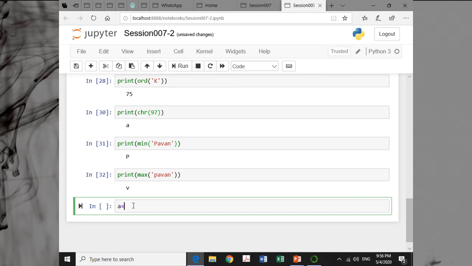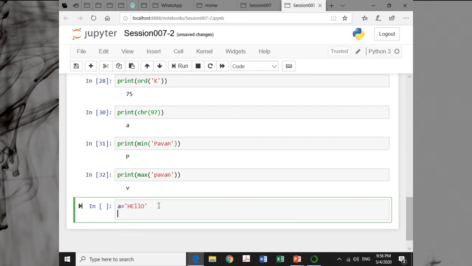Say suppose a is equal to "hello". Now if we say print a dot lower, these are the methods that you have to use with the string.